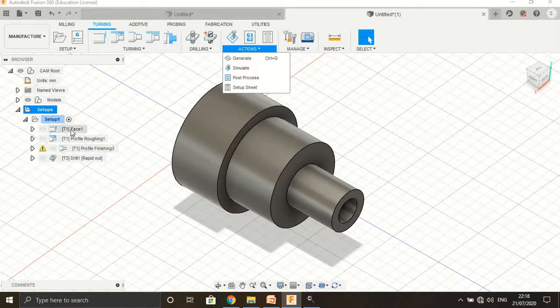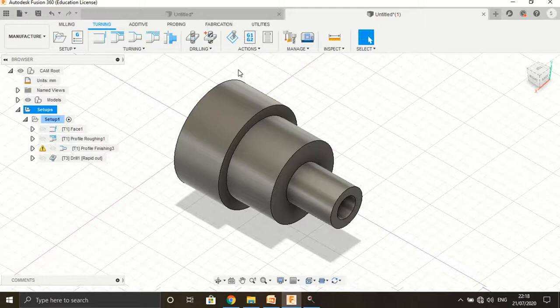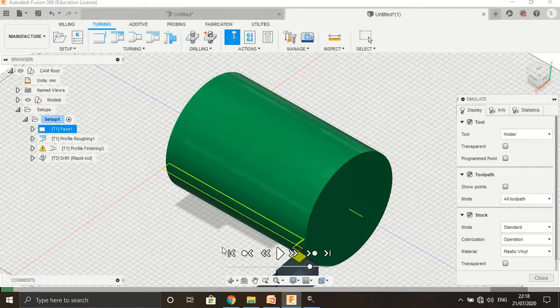So the same tool for the facing, profile roughing, and profile finishing. As per the requirement, we are going to change the tool, and finally the drilling operation with the drill bit, and simulate it. And overall, we can see all the operations.